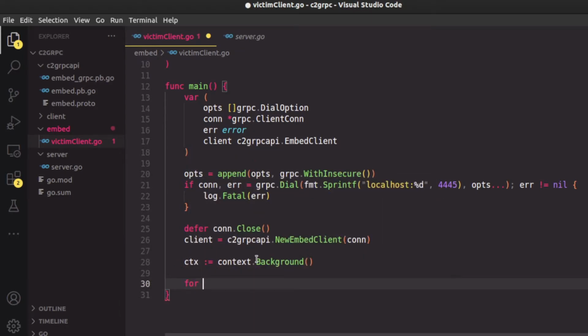Now, this victim client continuously polls our C2 gRPC server for commands, and if there is any command, it will simply execute it and return the result. If there are no commands, it's going to sleep for 3 seconds and then continue in the same loop. For that, I'm going to start an infinite for loop,